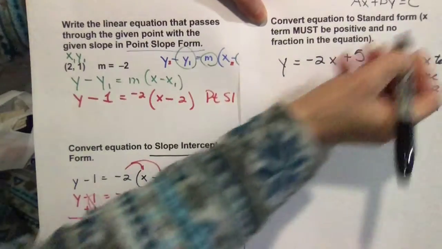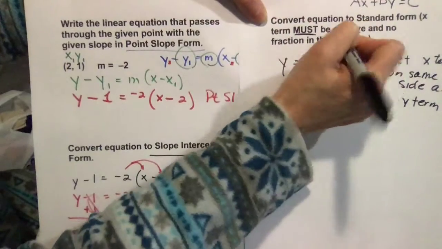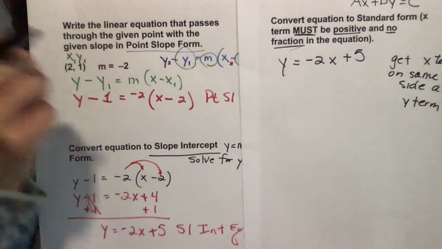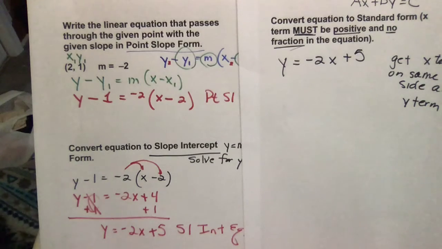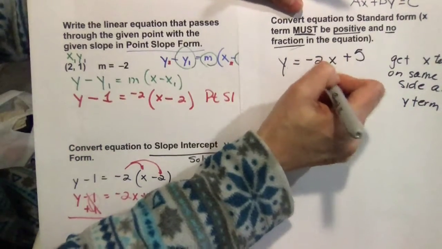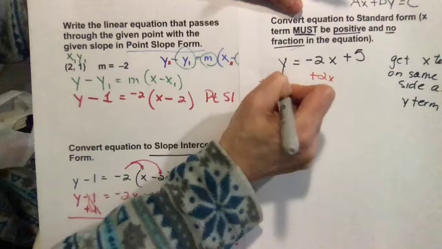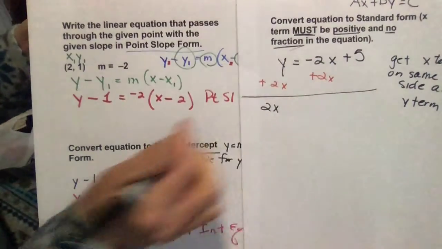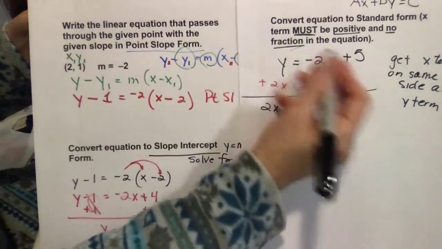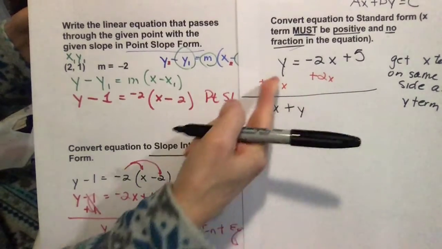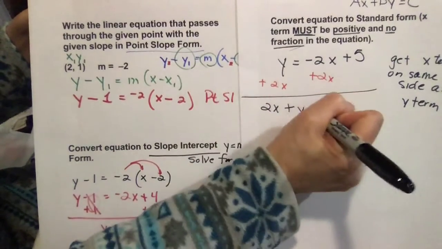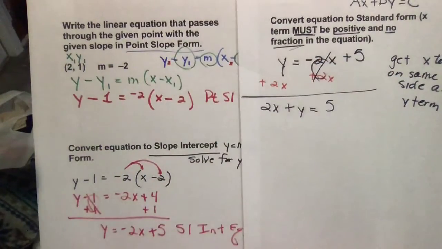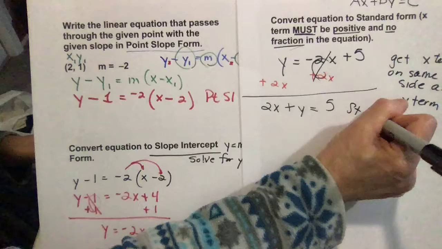And what we said is that the x term must be positive and no fractions in the equation. So let's get that x term over to the same side as y by adding it over. And when we do that, we're going to get 2x, so that's our ax, plus the y, because y is positive all the time, equals a positive 5, because these would cancel out. And that is our standard equation